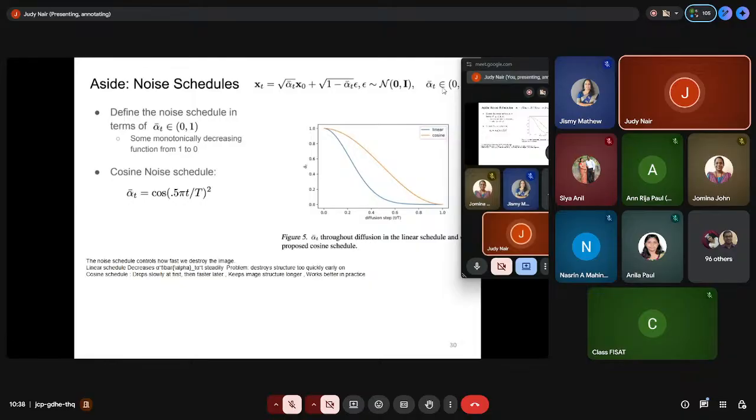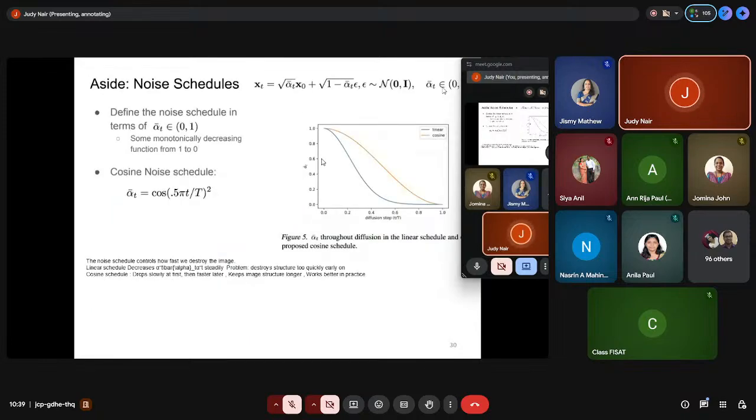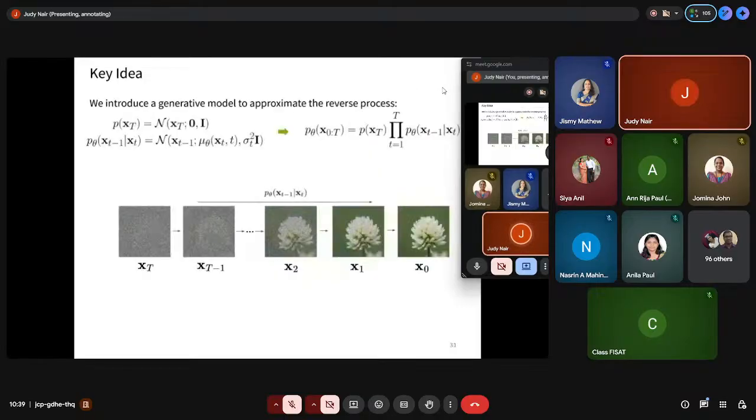Then consecutive papers came up with other noise schedules. So they used a cosine noise schedule for adding noise. Either you can look at alpha t, which is the actual information gain here, or beta, which is equal to 1 minus alpha, as we know, which is actually the noise in it. So when we add noise, it is added little by little. In the reverse process, the model will learn what the actual data is, as well as the noise that is there.